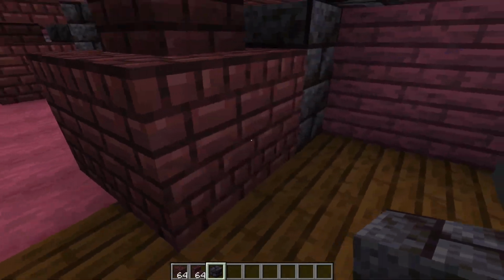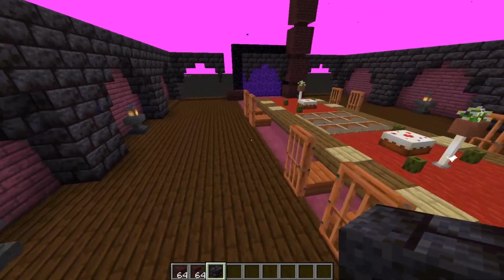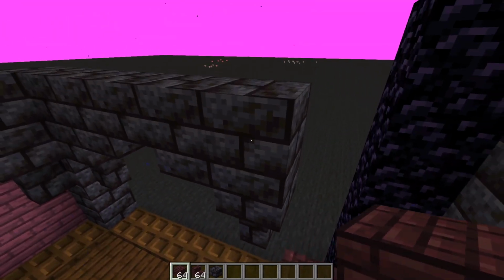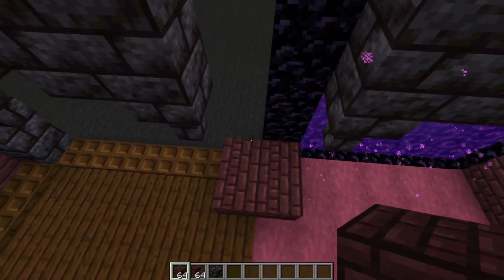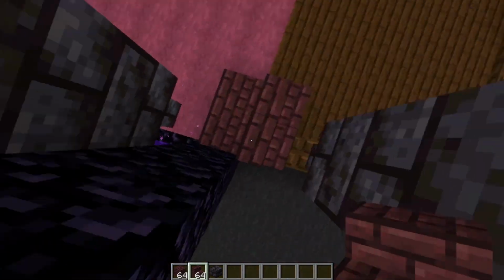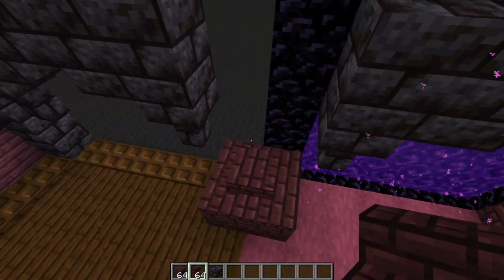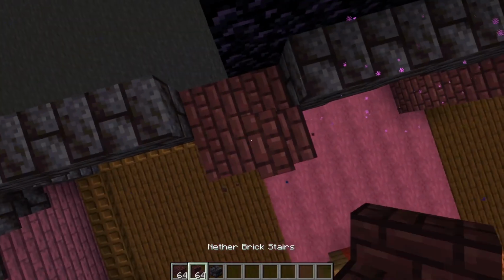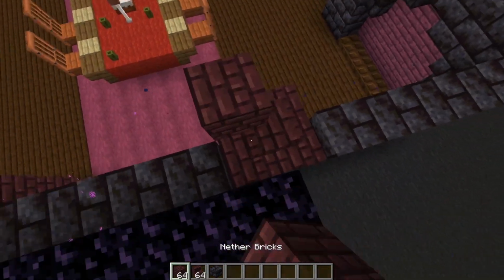Now place a 2 by 2 grid of nether brick here, and a 2 by 2 grid of nether brick here, set back by 1 block, so you need to get rid of the blackstone that's here, and this requires a bit of maneuvering. You need to go 1, 2, 3, 4, rotating each time, then 1 like so, 1, 2, 3, 4, then